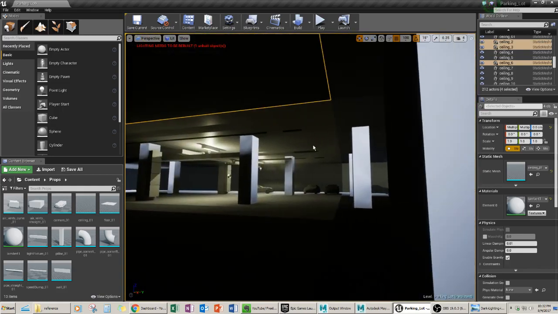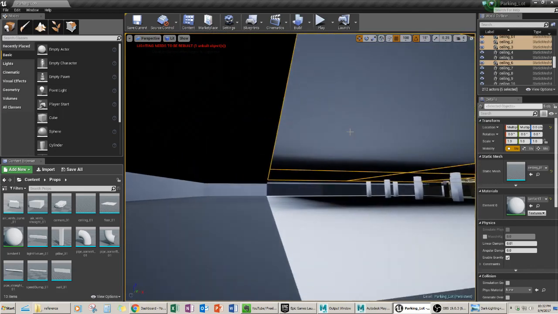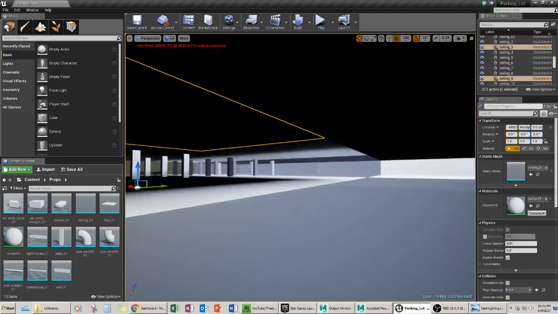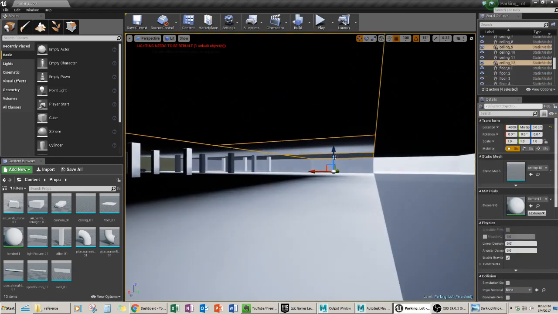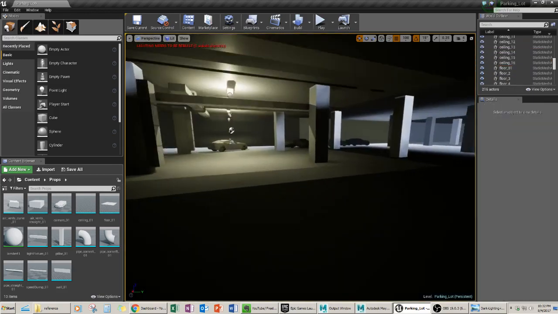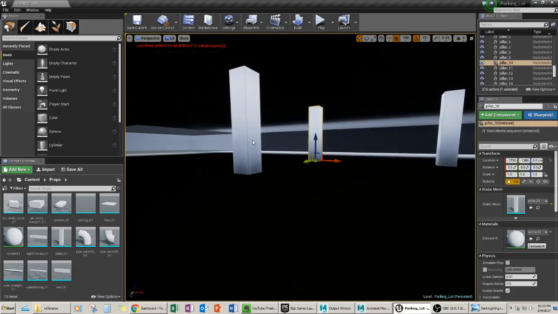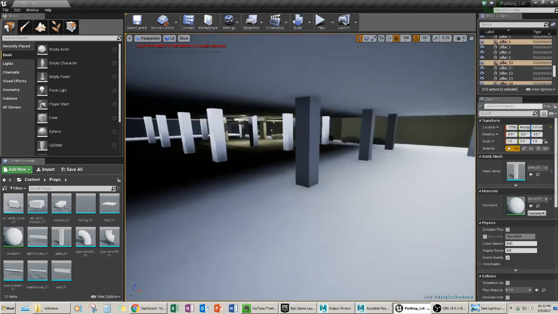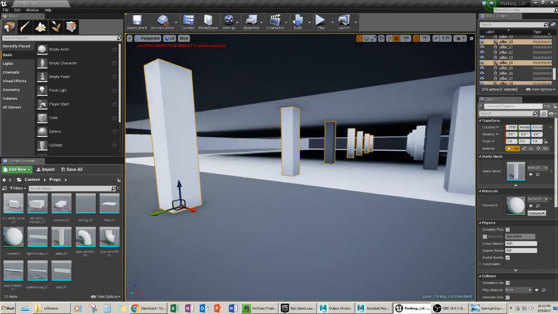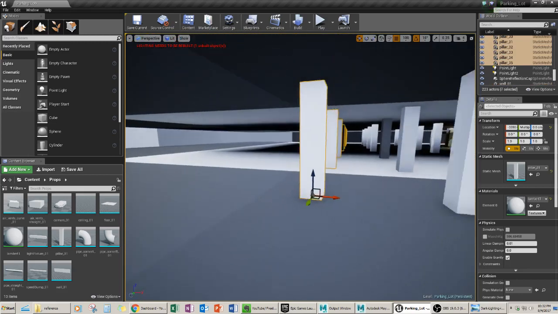And okay, so let's go. Now I don't even know what's what. Okay, is this a ceiling? Yep, this is a ceiling. So it's Control C, Control V. There we go. So now we have everything enclosed, and currently this still feels like there's not that much depth. So what I'm going to do is grab all of these, and I'm going to Control C, and I'm going to start making them